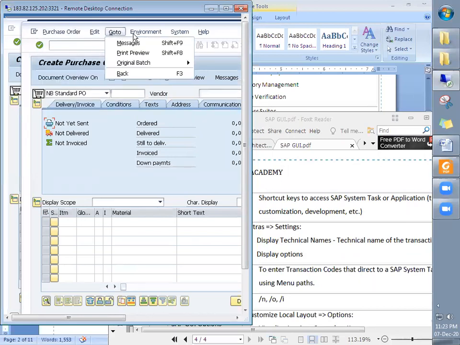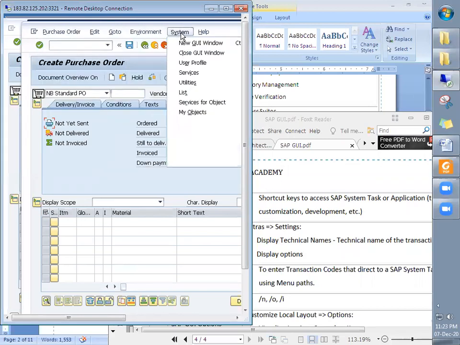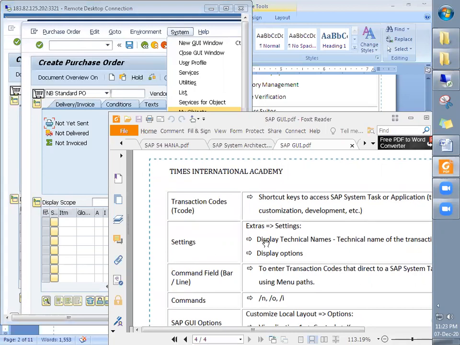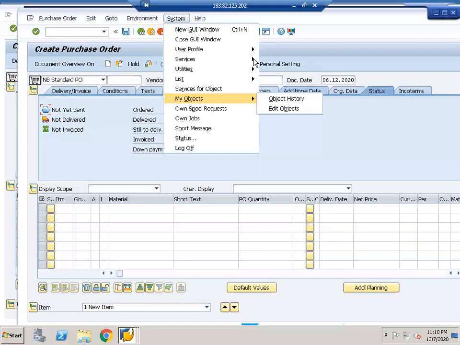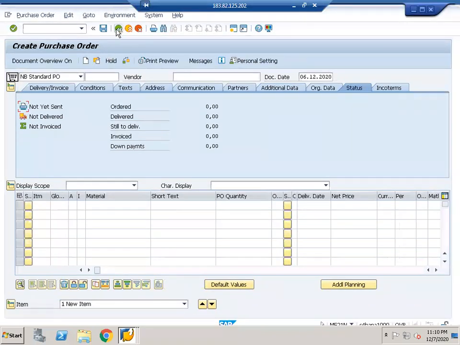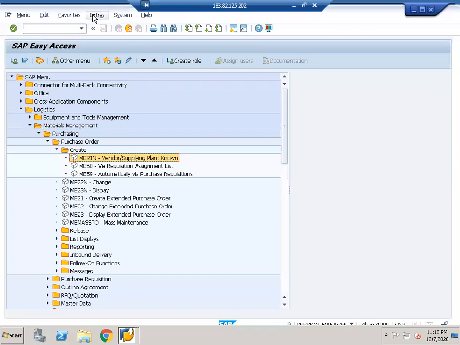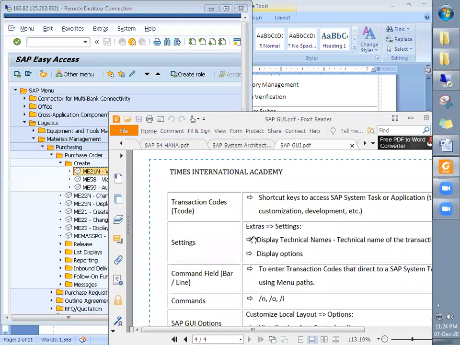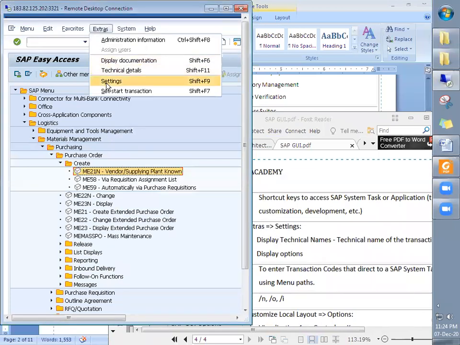Go to... it is in the settings, extras and the settings. Since we are in the purchase order screen, that is the reason why it is not showing. If I go back, you see extras is available on the home page. So for the settings, it is extras, and under the extras menu, go to the settings.